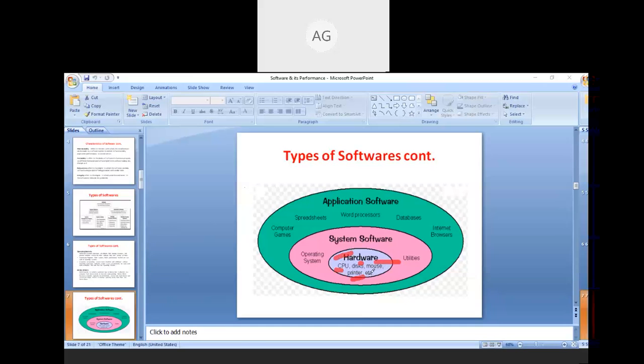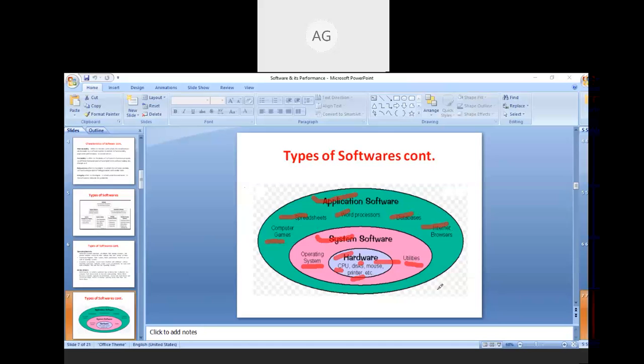The hardware is covered by the system software, and the system software consists of the operating system, the other system utilities, and the device drivers. On top of the system software we have the application software, such as spreadsheets, word processors, databases, internet browsers, and computer games.